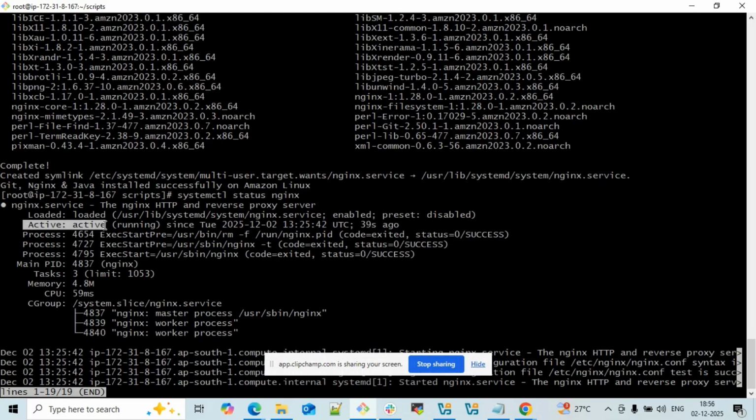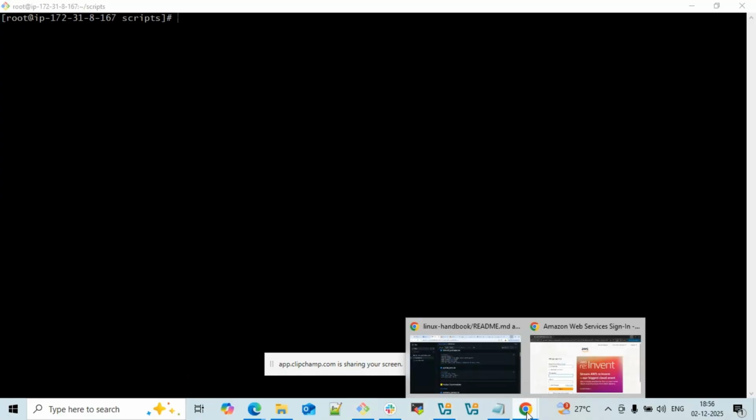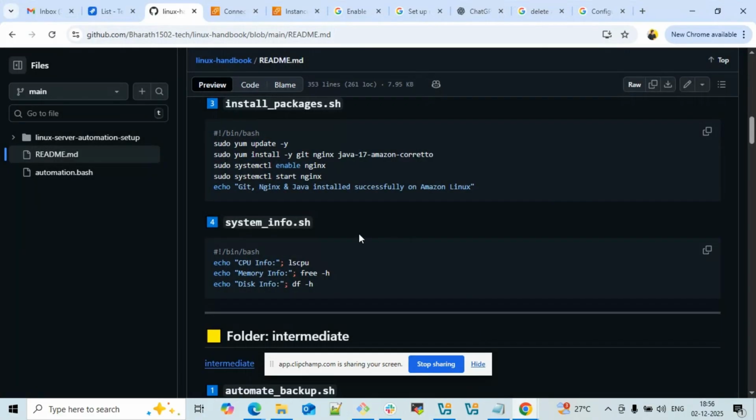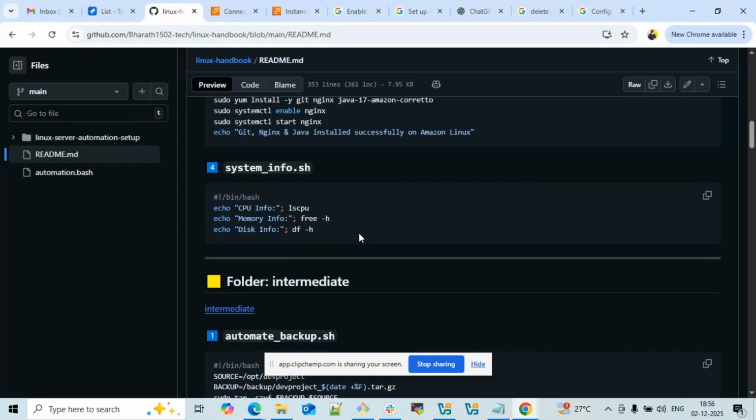If you see here, Nginx is running active. This means the command has been executed successfully. And coming to the fourth script,